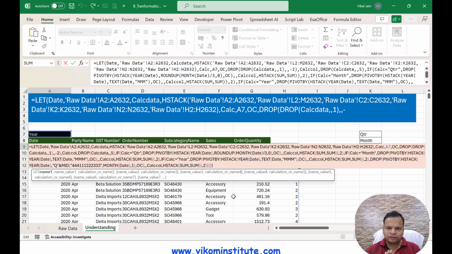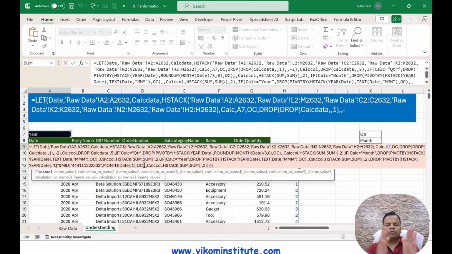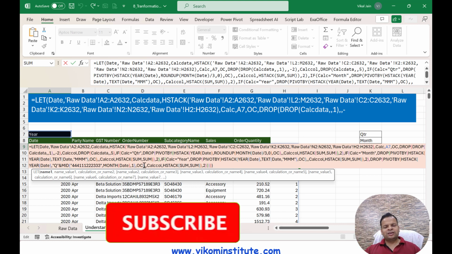You can even shorten this formula by customizing the single argument that we have changed 4 times. Instead of using the formula 4 times, you can simply change that single argument 4 times and you can use f. So please post that solution in the comments.